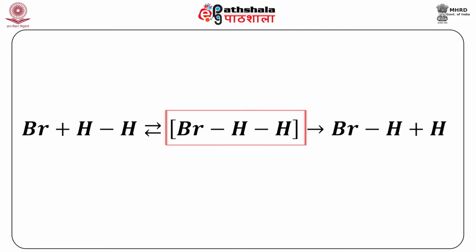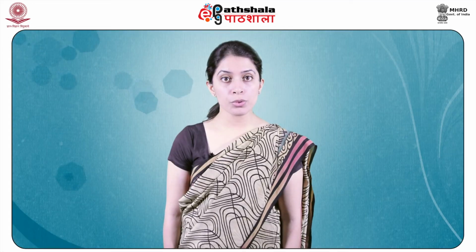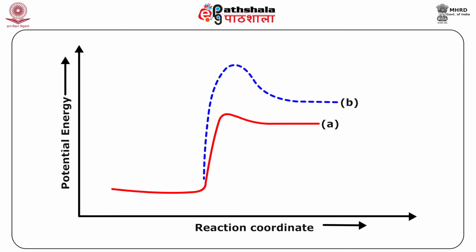Now this gives the transition state complex as bromine attached to hydrogen, which is further attached to hydrogen. This transition state complex gives the product as a bond formation between hydrogen and bromine and a hydrogen atom. This reaction proceeds through a transition state which has higher energy than that of the reactants and products, and this reaction sequence is shown in the plot where on the y axis we have potential energy and on the x axis